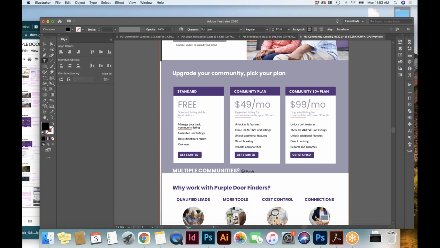If you have a list of 30 features, you cannot list them all here. It needs to be another page that would list all 30 features and say these are available here. Those are free. Those are in the middle plan, in the 30 plus plan.